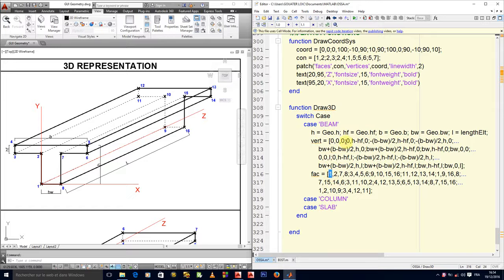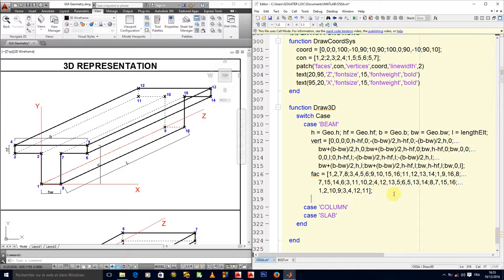So it will go to the first line here, see 0, 0, and plot a point there. Then 2, it will go to the second line here, take the value that is there and plot it. Then 7, it will go to the 7th line, and then 8, it will go to the 8th line and plot those points. Then it will link those points all together to form the face that we are concerned with. That is what will happen.